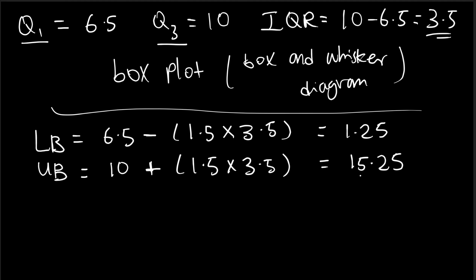Any number greater than 15.25 is going to be an outlier. Any number smaller than 1.25 is going to be an outlier too. So, if we have a diagram,